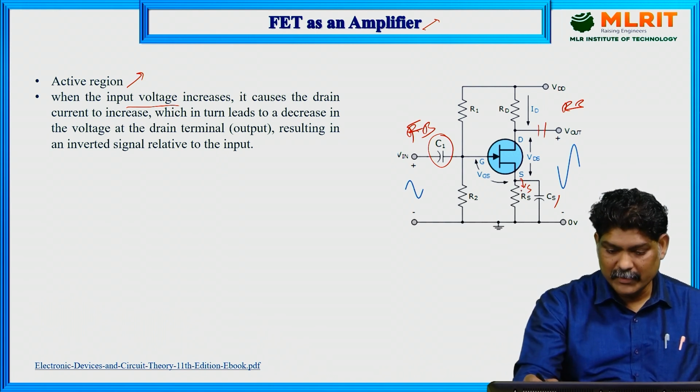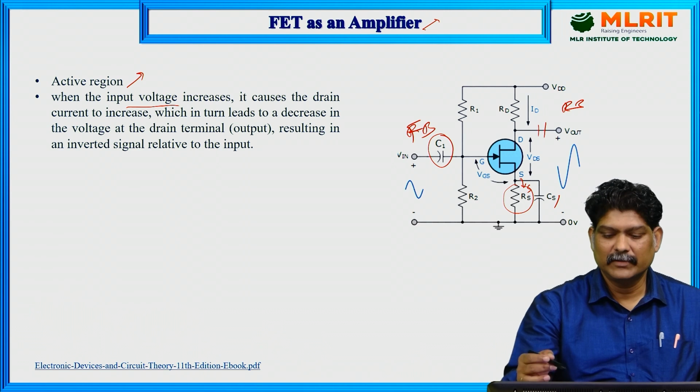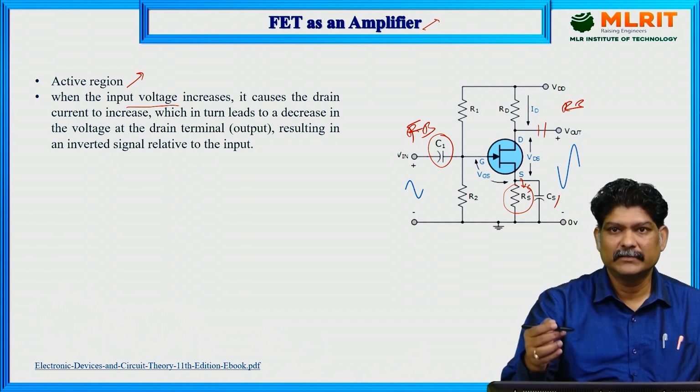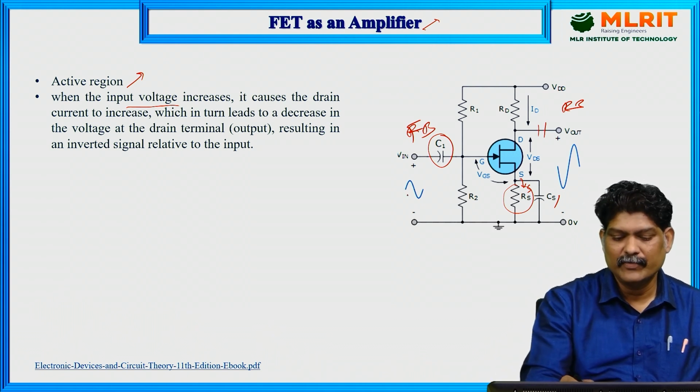So if source current flows through this RS, then there will be more voltage drop. More voltage drop means there will be some decrease in the gain. So gain will be decreased, signal strength will be reduced. So if you see this,